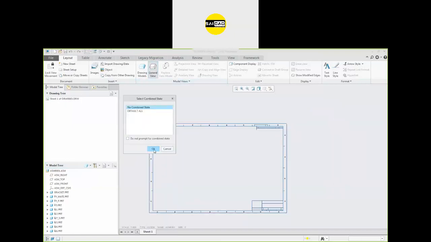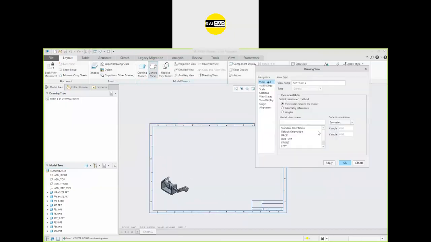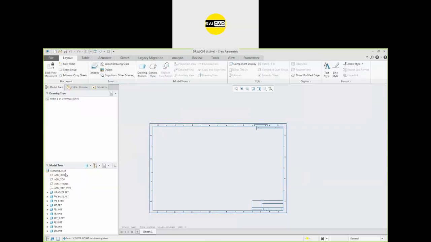So after that, go to the general view, insert your views where you want to insert. You can see, I think I have a file open in the assembly. So you can change the file also, whichever you need. Right now you can see this is the model tray. We have the assembly here. I don't want this one. So I want to insert a new file.